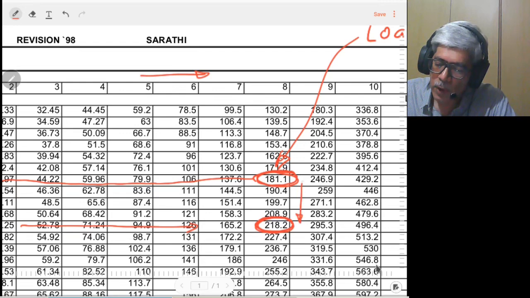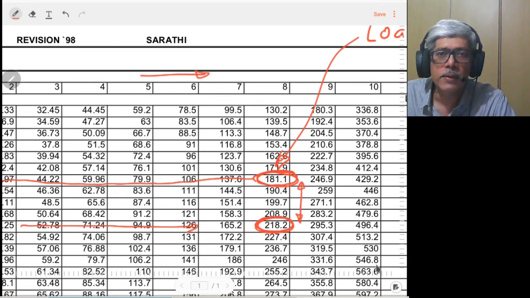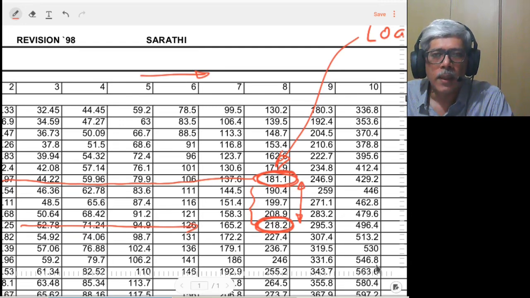The difference between the hot condition and cold condition is typically within 25%. It may be specified by the customer, or if it is not specified, the general thumb rule is to maintain it within 25%. So the difference between these is within 25%. This particular hanger is okay. If not, then you have to select another size or another series. That is how the selection of the spring hanger is done.